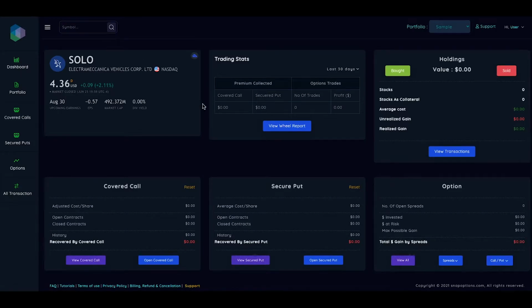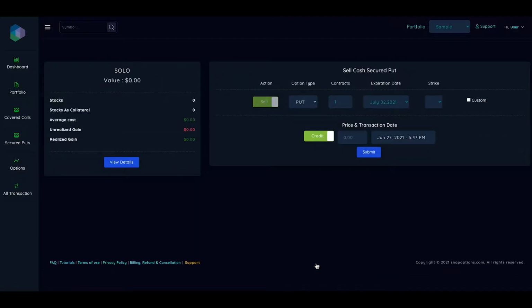Now, to open any secured put, you'll go to the symbol that you're looking for. So right now I am in SOLO, and we are adding information for SOLO. And as you can see, in the middle there is a secured put box that will give you an overview of secured put information regarding SOLO. Right now everything is 0 since we don't have any transaction. So let's open the first secured put. Click on open secured put,